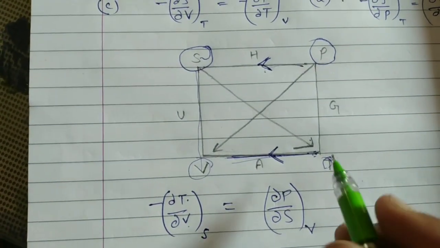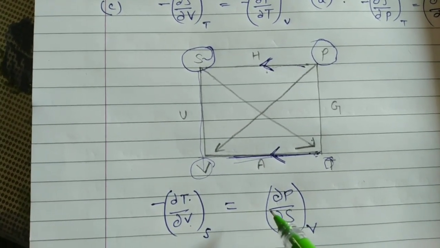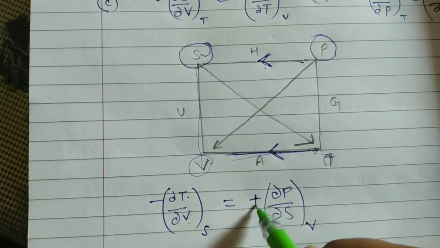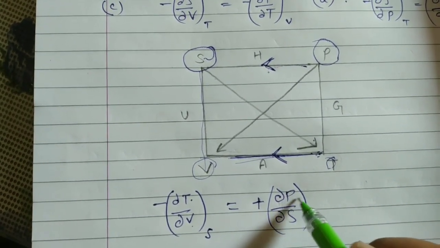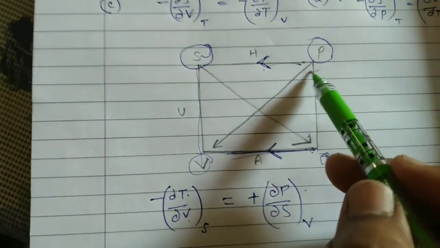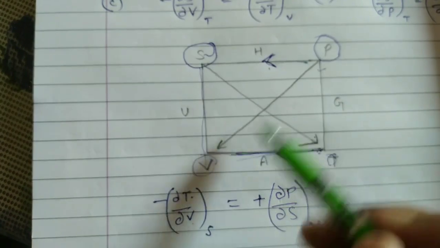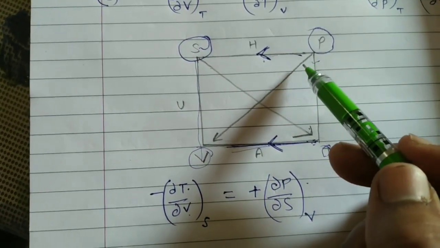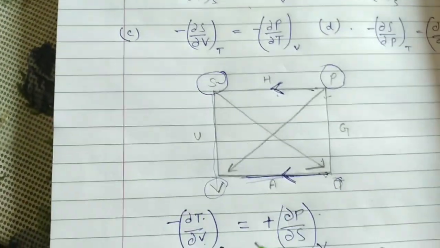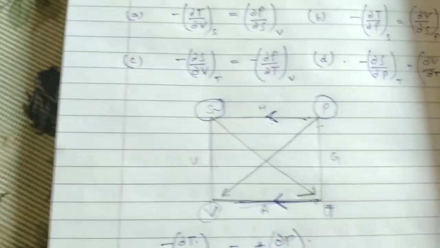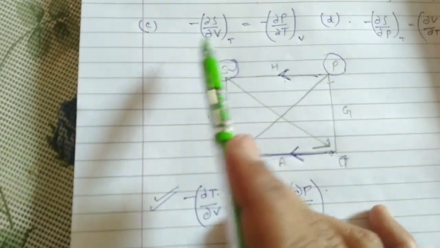Now we have to mention the sign, and the sign here will be positive because we have to see only the numerator. Here the numerator is pressure and there is no arrow on pressure. You can see that the arrow is towards the volume, no arrow is on pressure, so the sign will be positive. So the first option is correct, and we have to choose the incorrect option here. Similarly we can try this C part also.